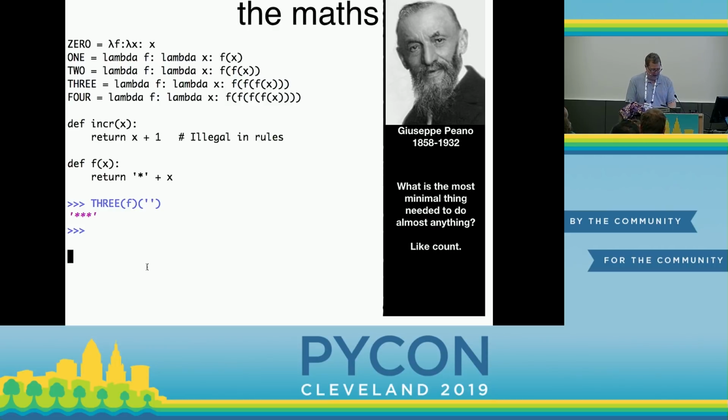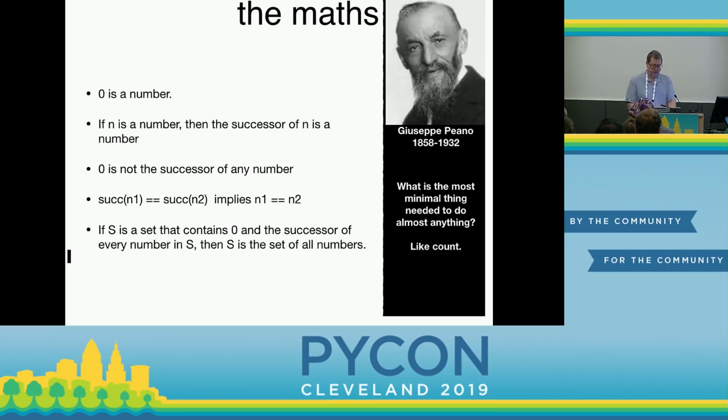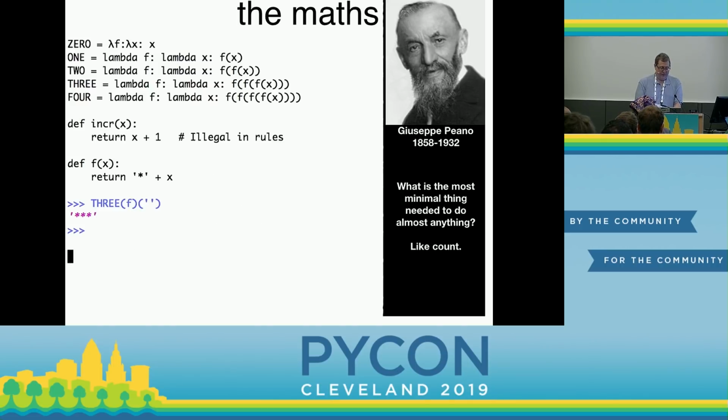The picture up here is of Peano, the Peano axioms from math. They're a little bit abstract, but they start off saying 0 is a number. Then you get into creating successors of numbers. If you have a number, can you get to the next number? Could you build math by just being able to get to the next thing, basically the act of counting? If you can go from the number 2 to the number 3, can you start doing more interesting math operations? The answer is yes, but the challenge here